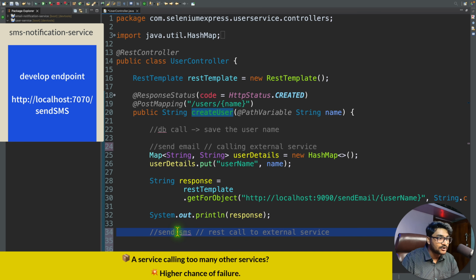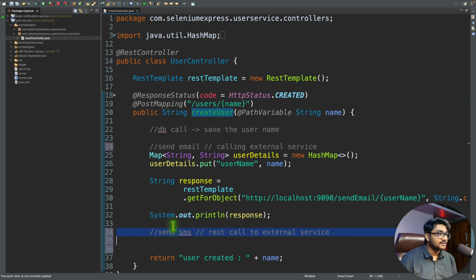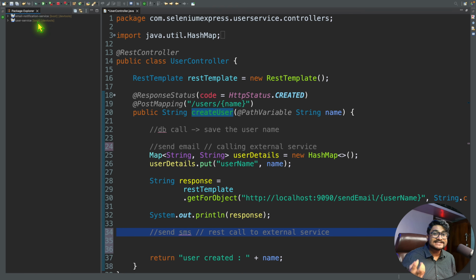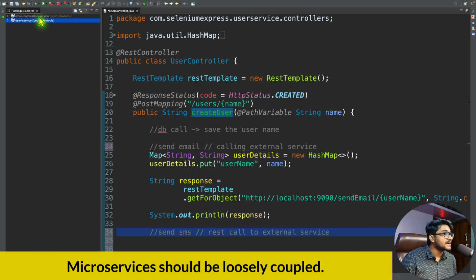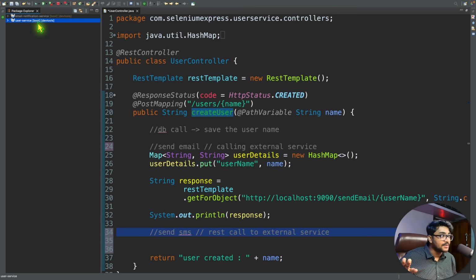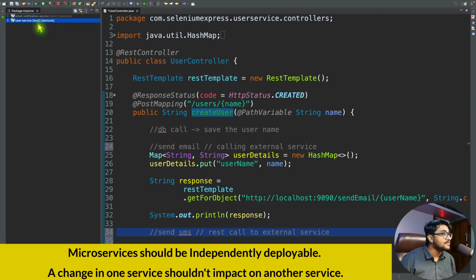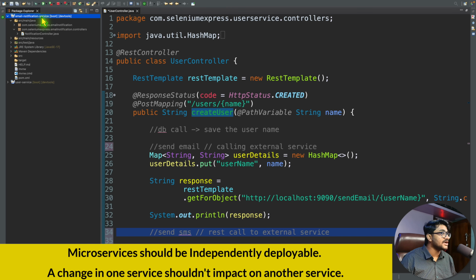And another important thing is that whenever you are creating all these microservices, you need to make sure that these services are loosely coupled. Why are you creating all these services? You are creating them because they should be independently deployable. The team who is working on the user service should not worry about what is happening inside the email service. But let's say the email notification service